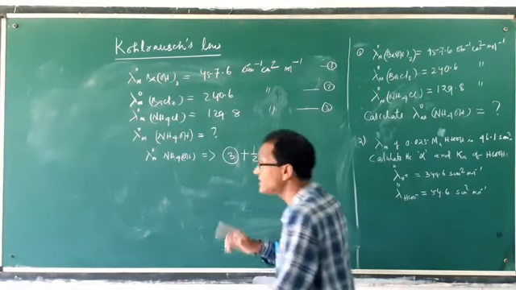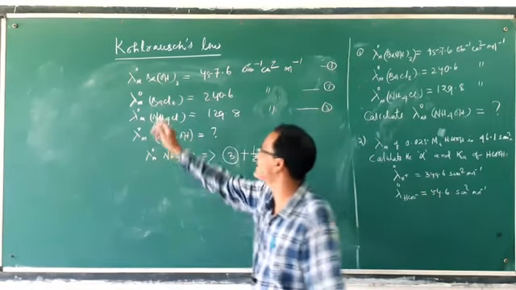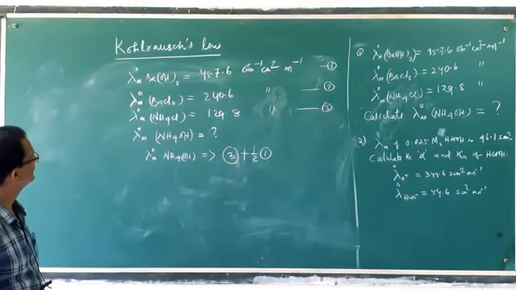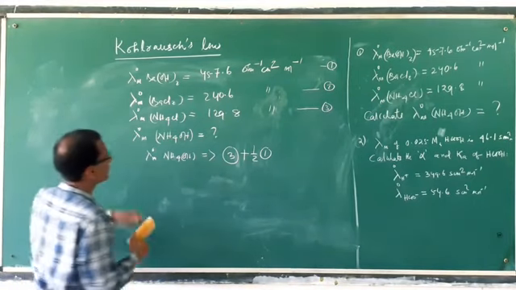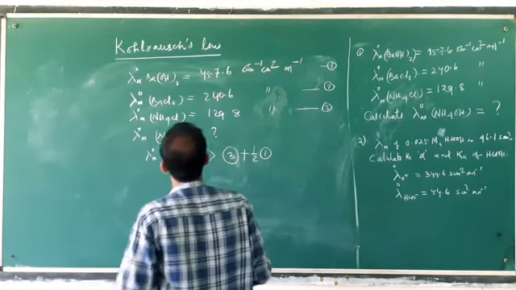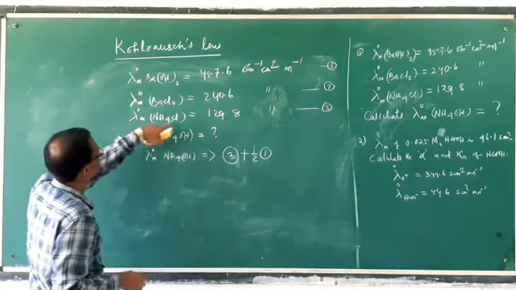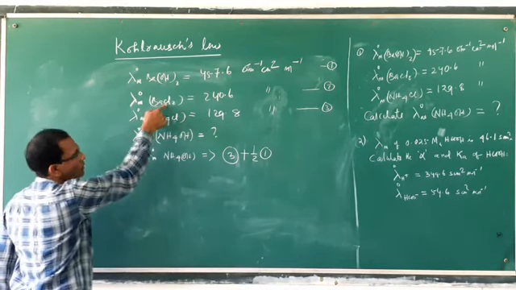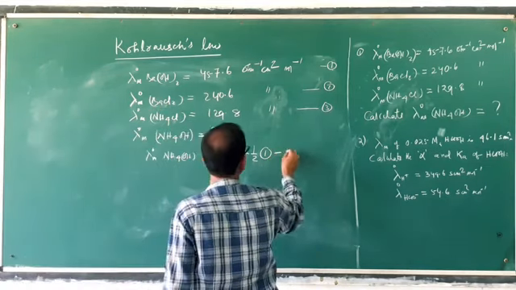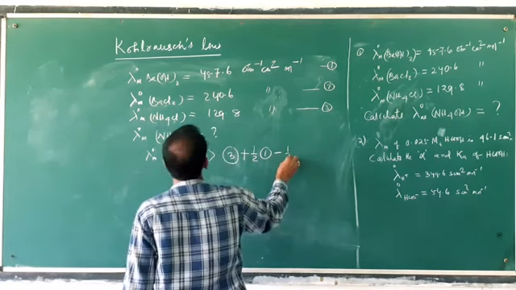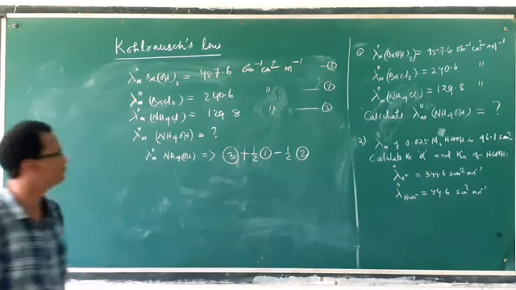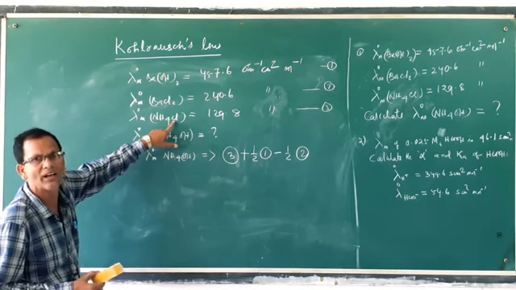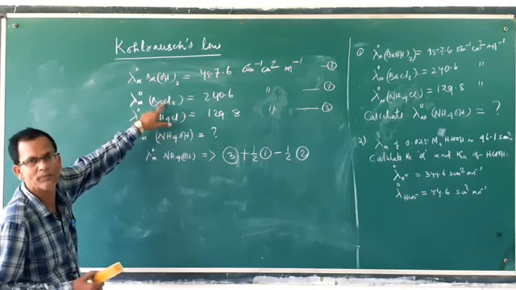Clear? Then which is not required? Ba is not required, Cl is not required. Here ammonium has 1 chlorine, but equation 2 has 2 chlorine. So again minus half of equation 2. Why half? Because there are 2 chlorine, but we have added 1 chlorine. So it will be cancelled when multiplied by half.